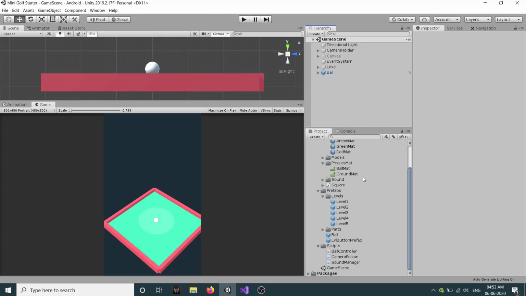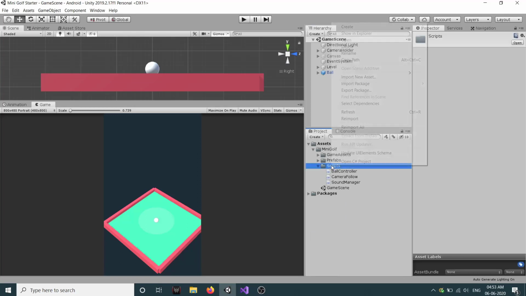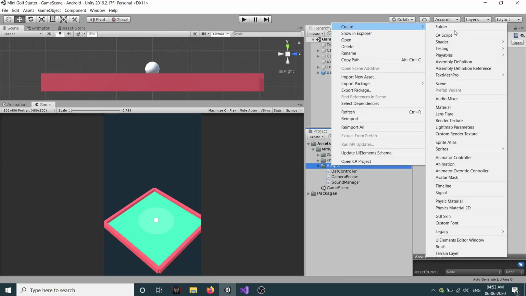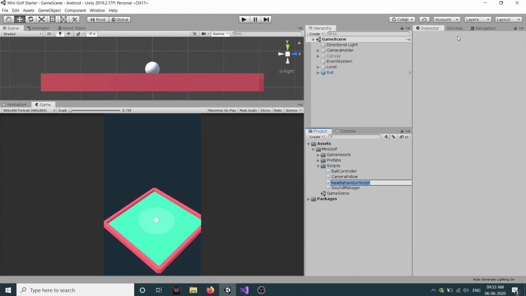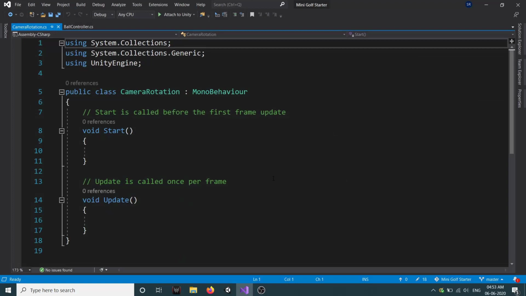So now let's add a script for our camera rotation. In scripts folder, right click and new and create a new C# script, and let's call this camera rotation. So in our camera folder, just drag our camera rotation and double click on it to open it in editor.